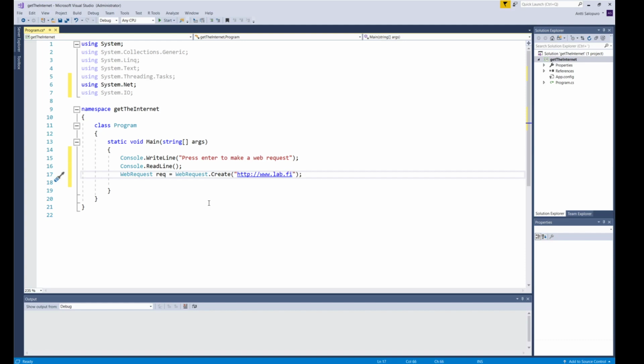lab.fi. I'm not sure if this works. It may be that it has to be HTTPS, but let's look at it later. Okay, so this is the call that will make a call to that website. And then what we want to do with this request is that we receive that response, which means the HTML that was constructed by this remote computer, and then we will show it here in